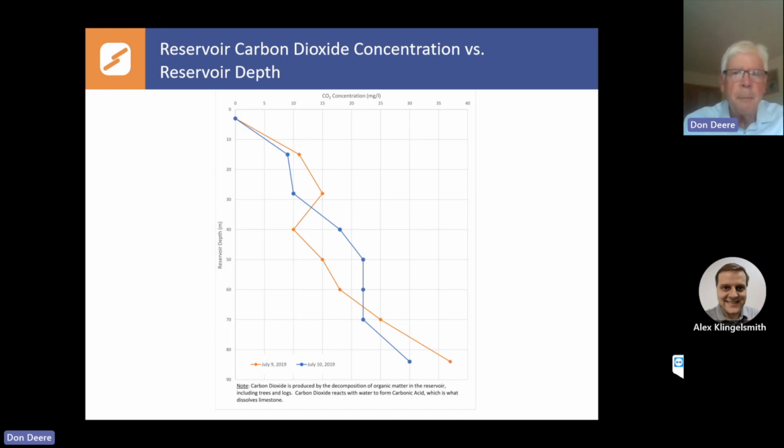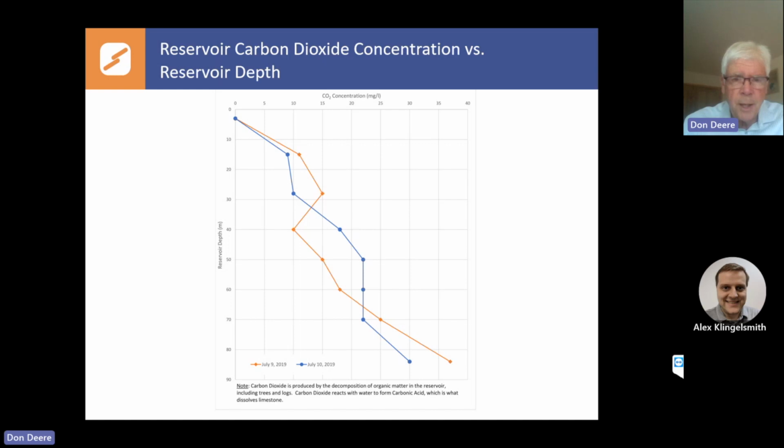I was amazed because I'd always thought of hydroelectric energy as being the ultimate clean energy. It's not when it's in a rainforest situation and you do not grub out and clear the reservoir of the trees and the vegetation, which was not done on this project. What happens is you get the decomposition of organic matter in the reservoir, the trees and logs, which are made up of greater than 50% carbon.